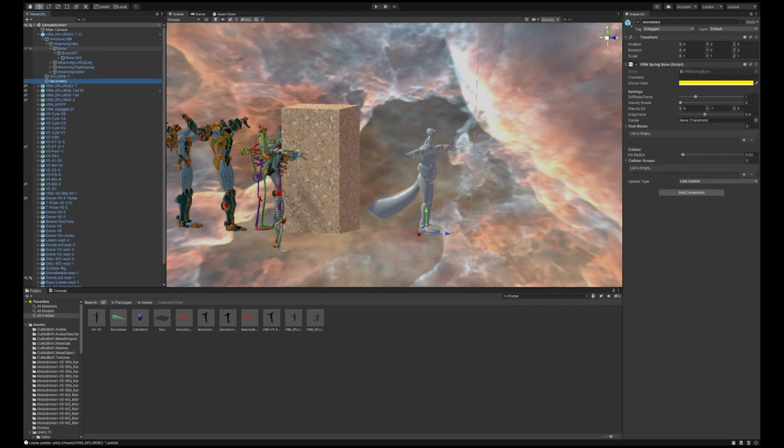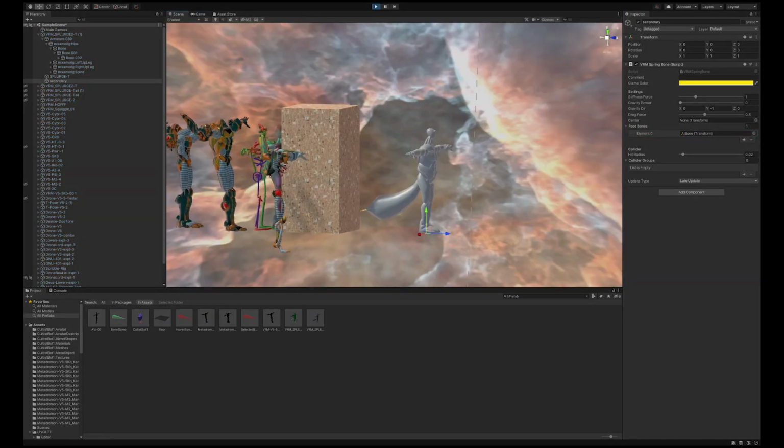So we go to secondary. We're going to take our bone, so the root, and we're going to create our list in the root bones. So here in the root bones, we're going to add to the list. We're going to basically drag our root bone into it. Awesome. That's done. It's as simple as that, really. And then we want to see how it works. If we go to play,